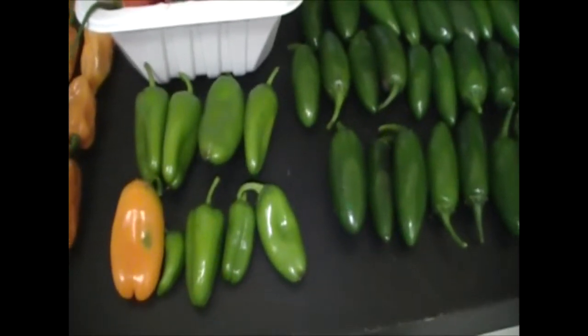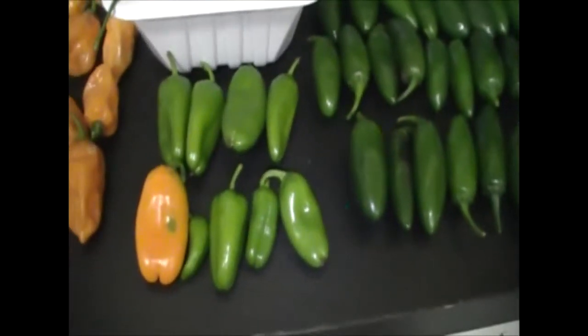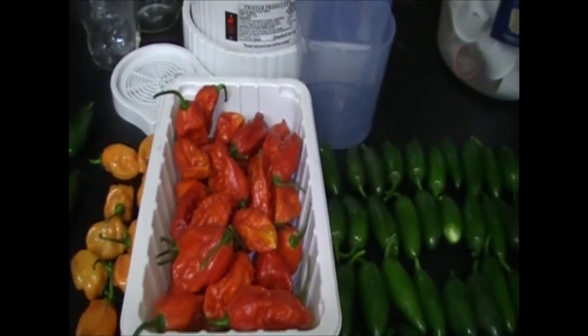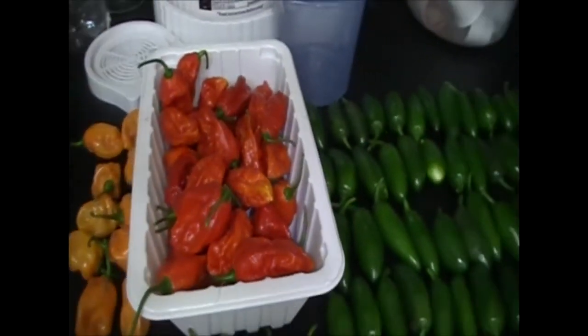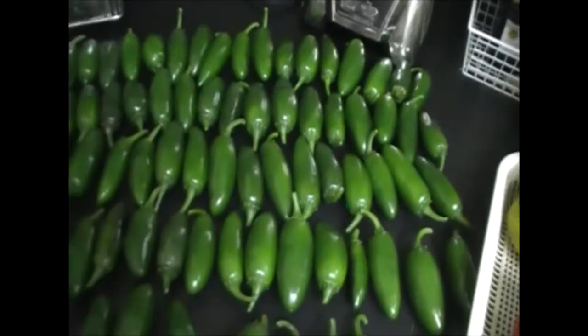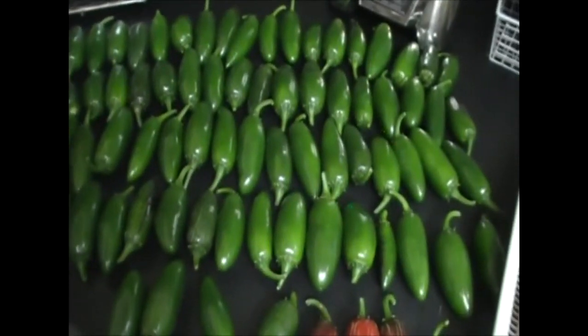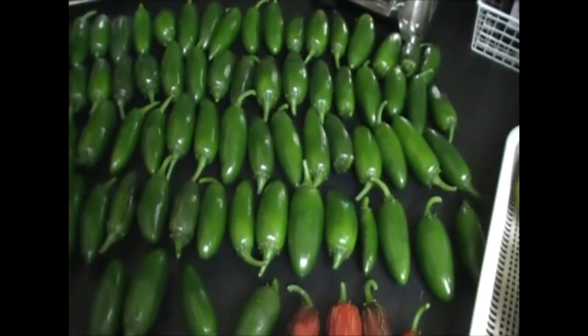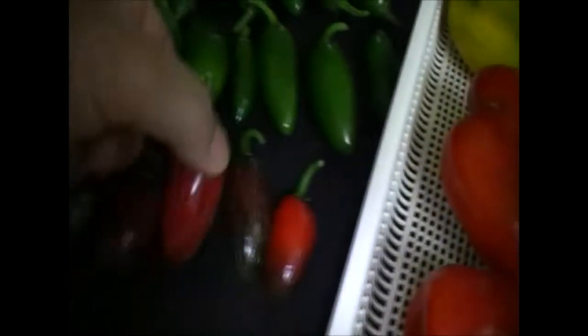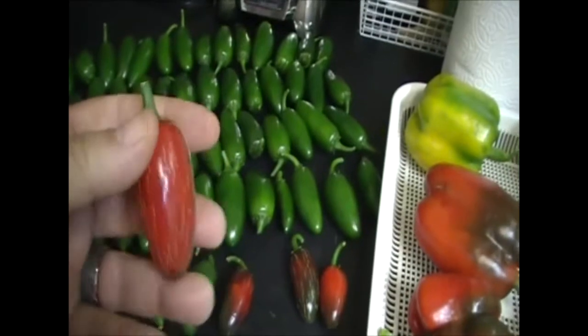You can just eat them right off the vine, practically. And of course, my monsters, the ghost peppers. I have 34 ghost peppers. And then, as you can see here, we've got a lot of jalapenos that were picked today. And the total count of jalapenos is 159, which include these 4 ones that have already changed to red, which